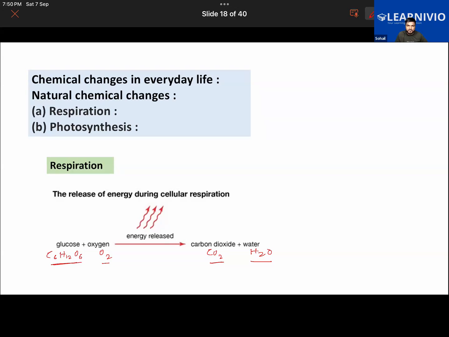Photosynthesis is when plants produce food, and during the process of photosynthesis, oxygen is released and animals